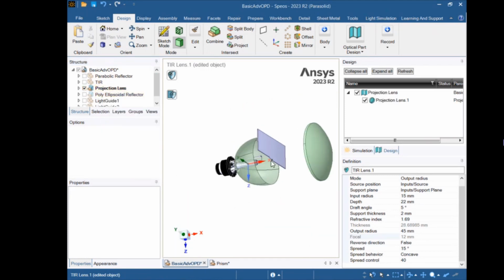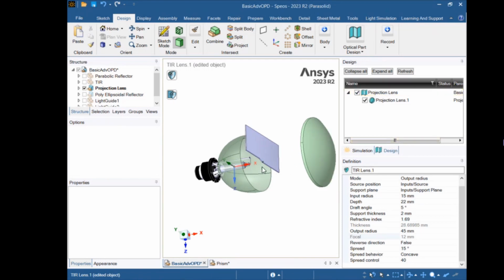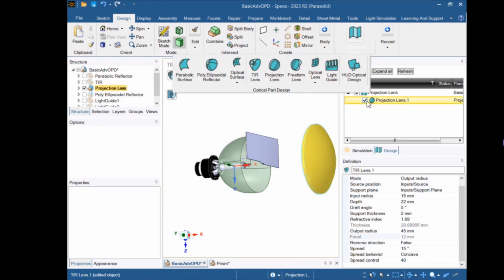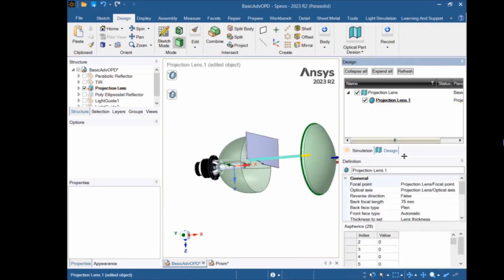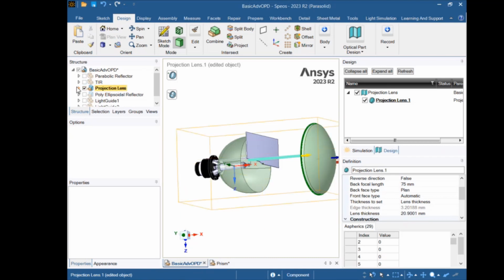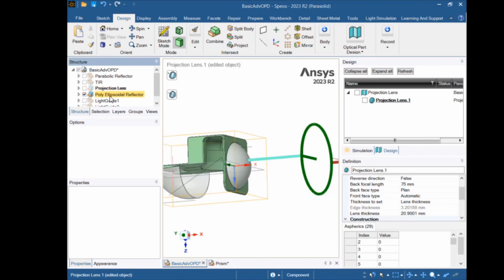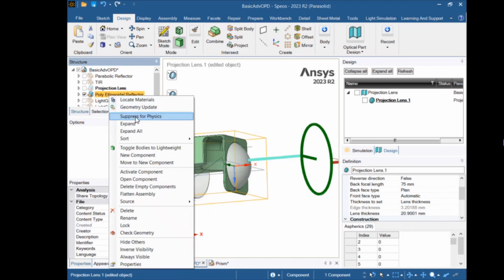So next is projection light. Projection light is also the same thing. This is the projector lens. We also click on this and we get this projection lens. And same, we need to set the focus point and the optical axis, which is the orientation of this lens. And also we need to set the parameters, the size, and the back focus length for these lenses. And next, we will go to the